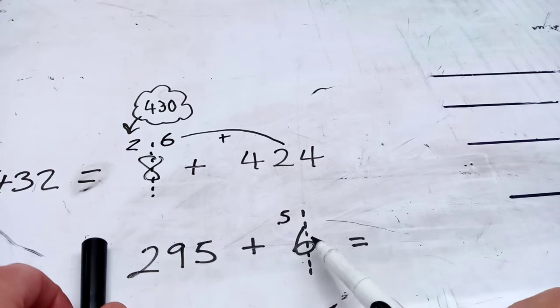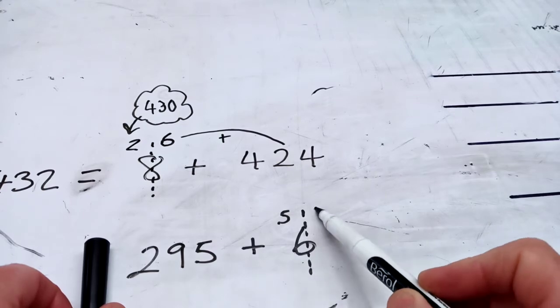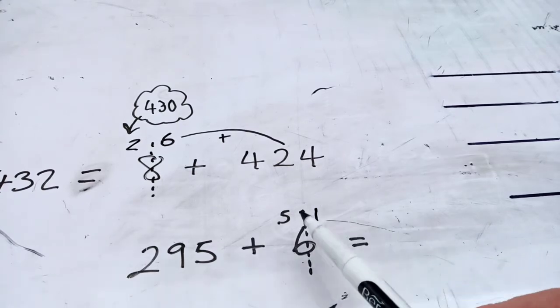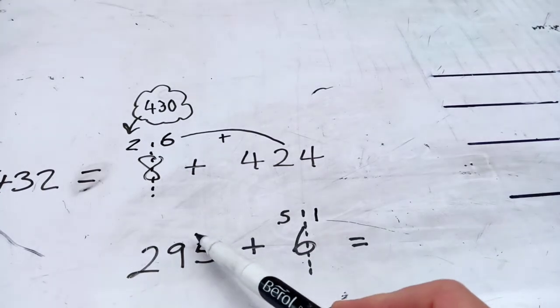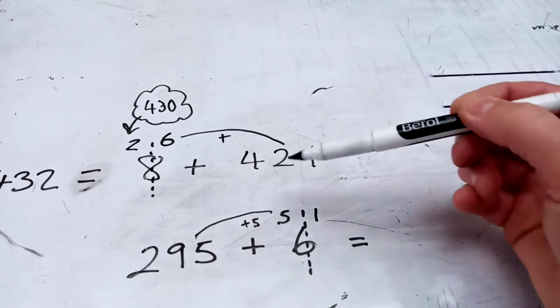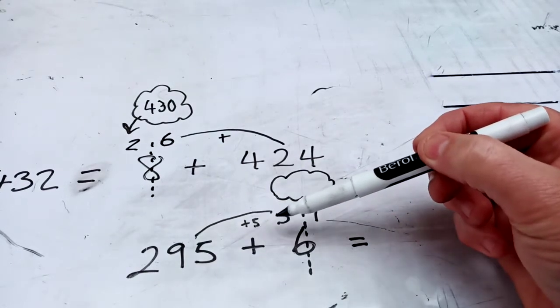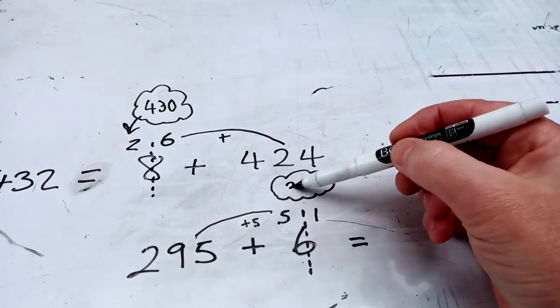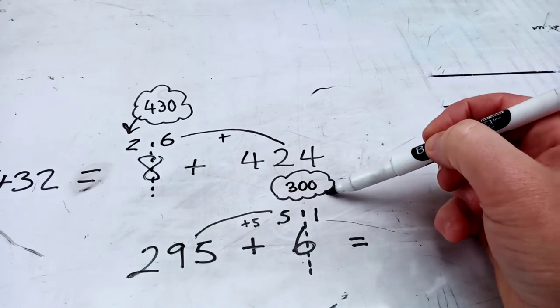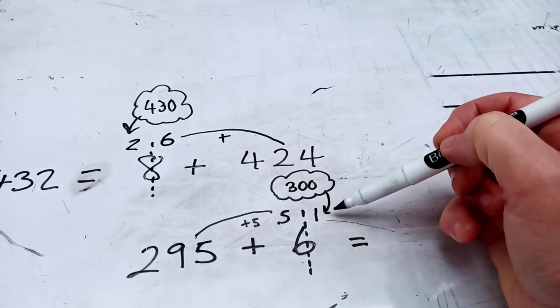And what goes with 6? What goes with 5 to make 6? 5 add something equals 6. 5 add 1 equals 6. So in my head I'm doing this. I'm saying 295 add 5 equals 300. But don't forget to add the other part, which is 1. So 300 add 1 is